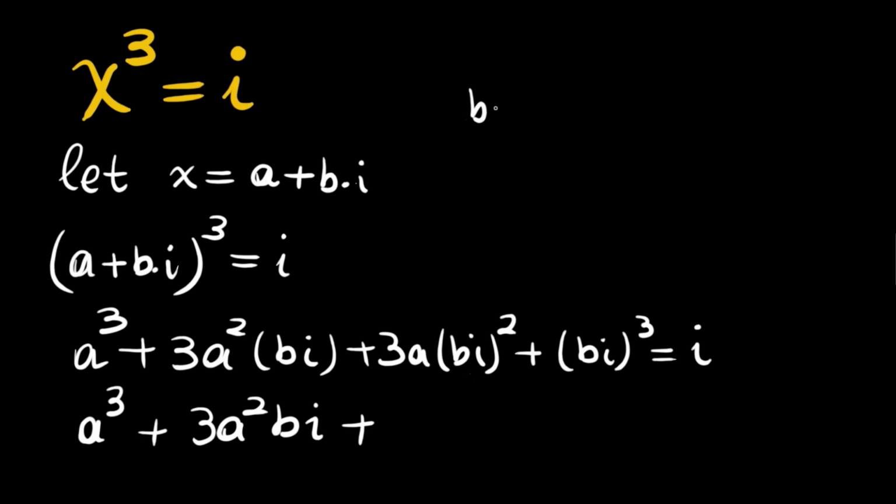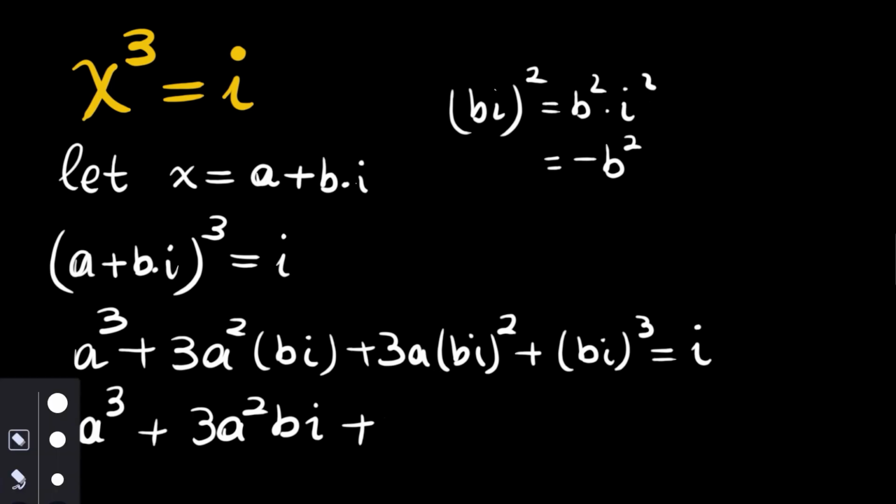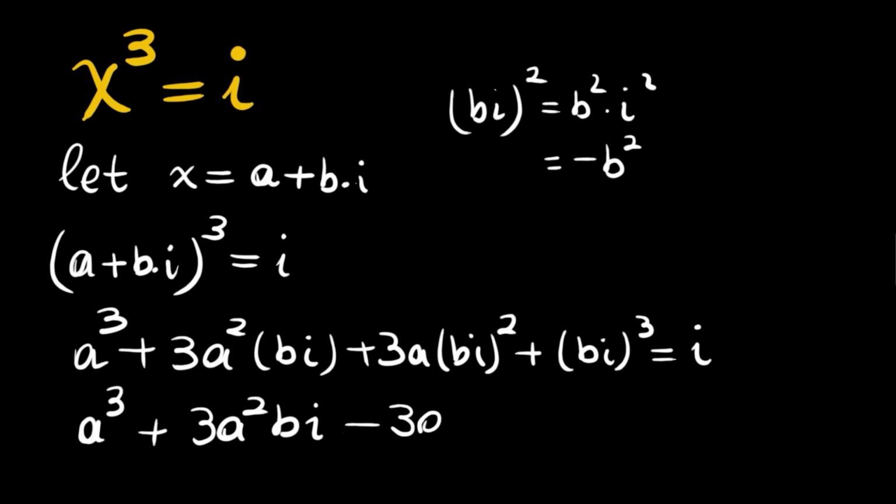Let's write here (bi) squared is b squared i squared, and i squared is negative 1, so this is negative b squared. So we have negative 3a b squared,